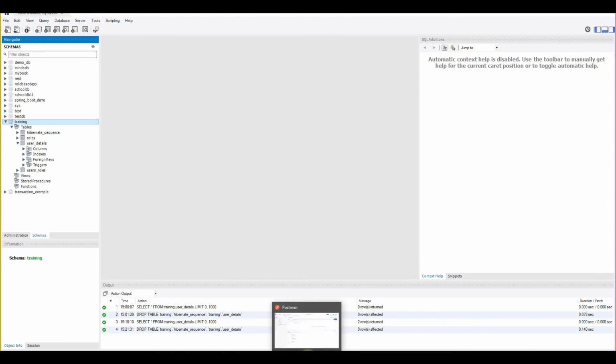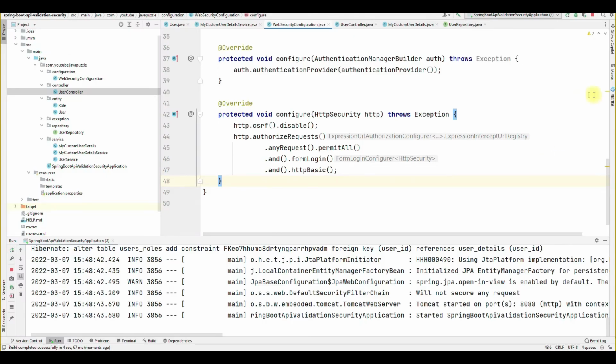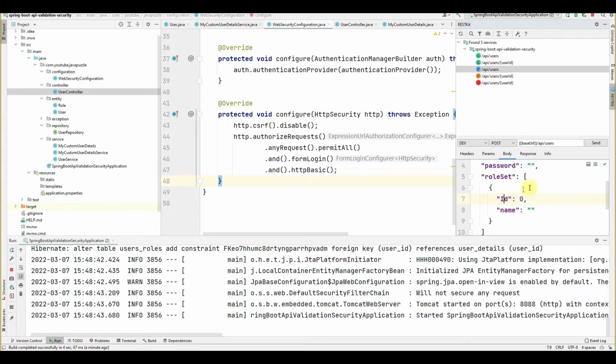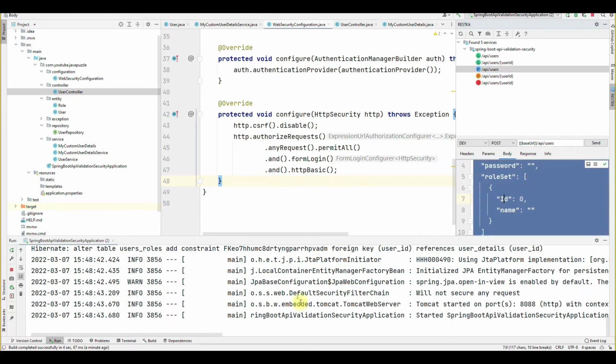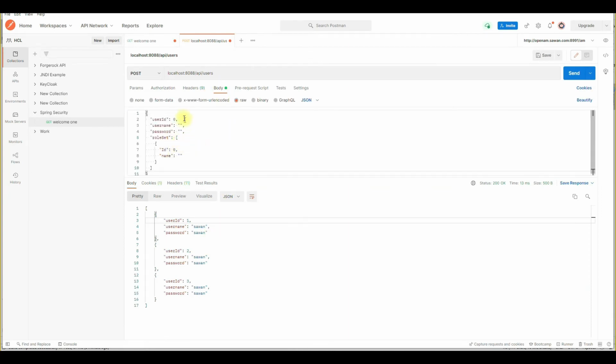Now if I try to access this, you will see in the Postman, let me copy the post here, press this user. Now we have this one. Let me copy the body, and let me remove this user ID and this ID.